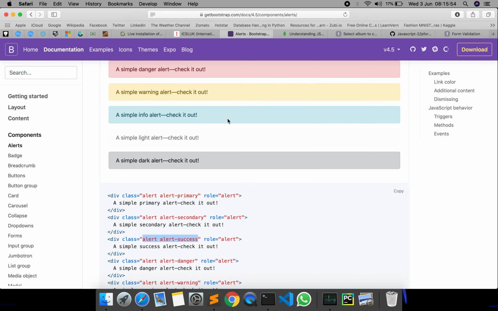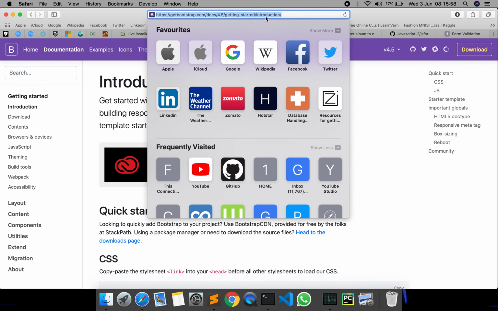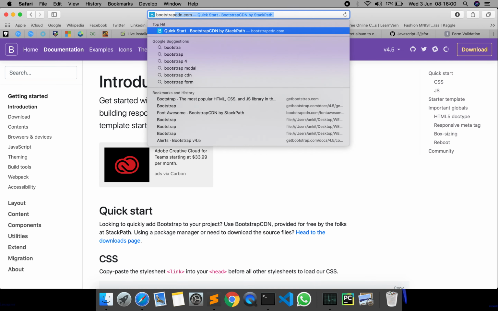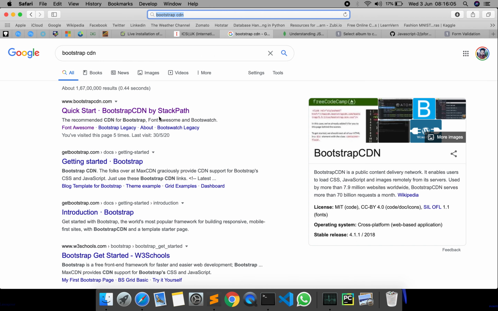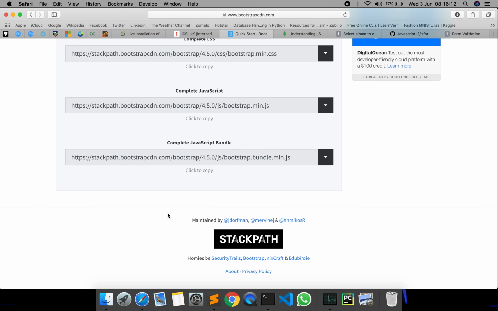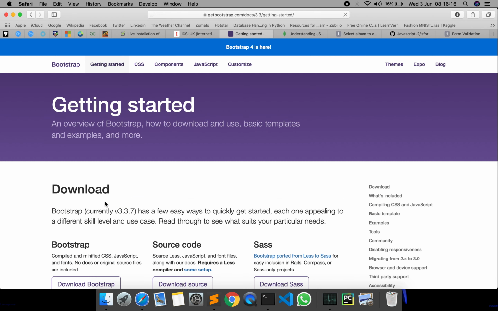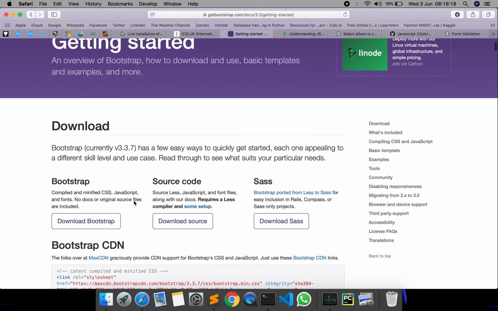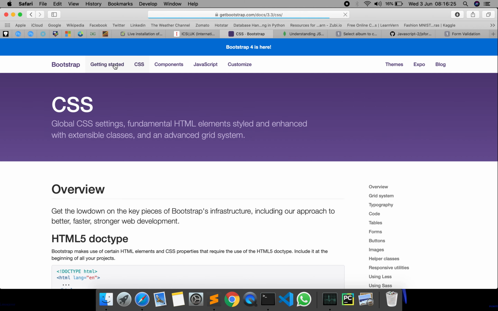There is a website called Bootstrap CDN. Just go on Google, type Bootstrap CDN, open the first link. Sorry, getbootstrap.com. Just go to getbootstrap.com and click on getting started.